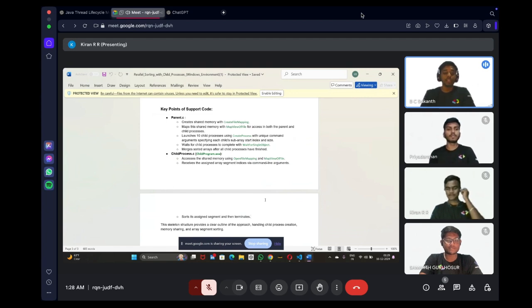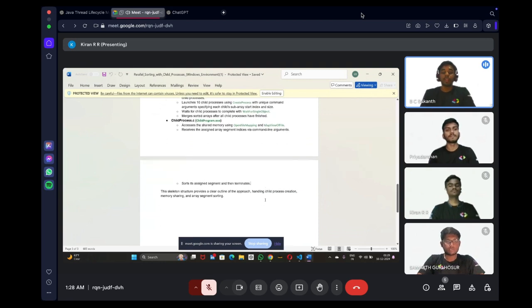Now from the view of child process.c or child program.exe, access the shared memory using OpenFileMapping and MapViewOfFile. Receive the assigned array segment indices via command line argument. Store the assigned segment and the